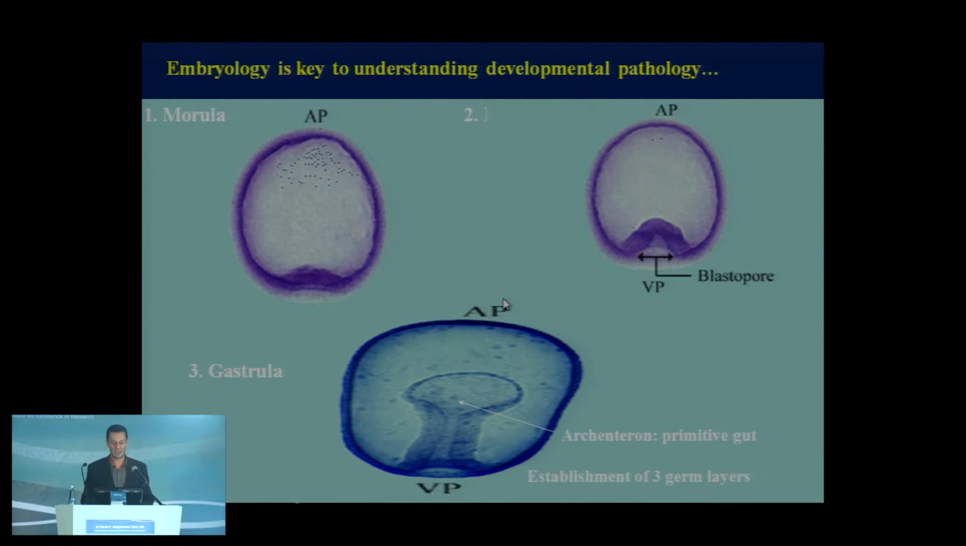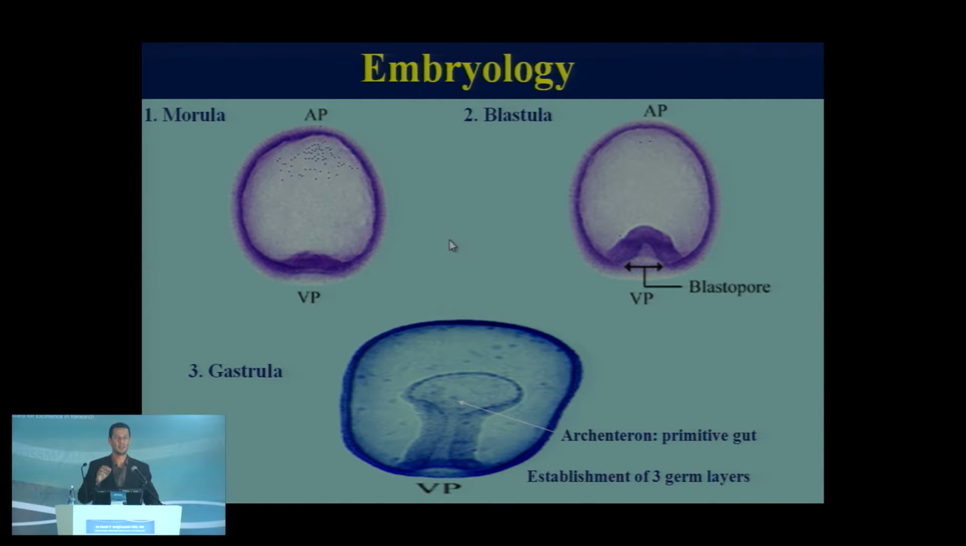So shortly after fertilization, we go through these 3 stages. You remember this? Morula, blastula, and gastrula, all right? 3 very important embryologic developmental stages, and important for understanding developmental pathology, all right? The most important stage here is really the gastrula. Why? Because this is when you form the 3 germ layers. You remember what those 3 germ layers are? Ectoderm, endoderm, and mesoderm. All of the tissues of the body will eventually arise from these 3 primary germ layers,